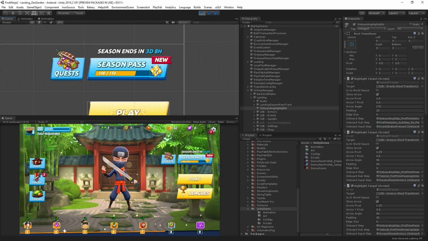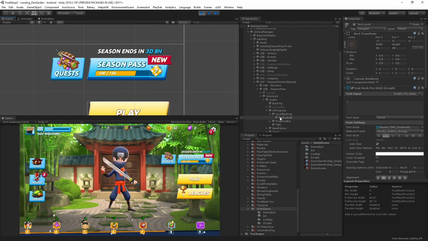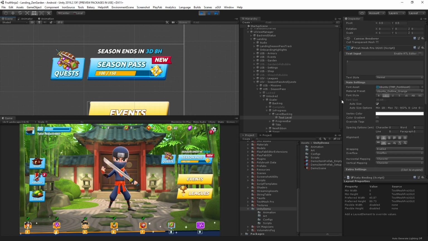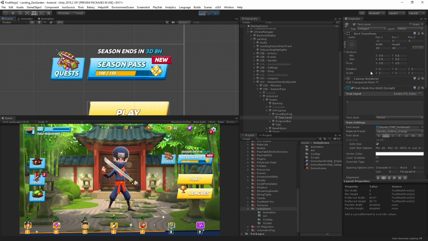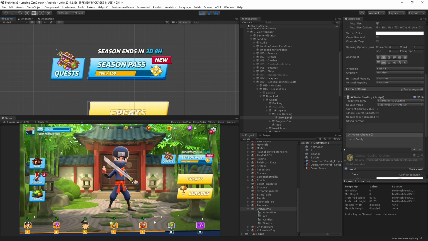We can see here we've got a little level badge. If we access this text level component, it will show you that it just looks like a regular object. But if we come down to the data binding component that I mentioned, we'll see that there are a couple of different properties we can use to affect the information displayed on this object. Looking at the first couple of properties, we have a target property, which, if we click in here, through reflection, we'll grab all of the